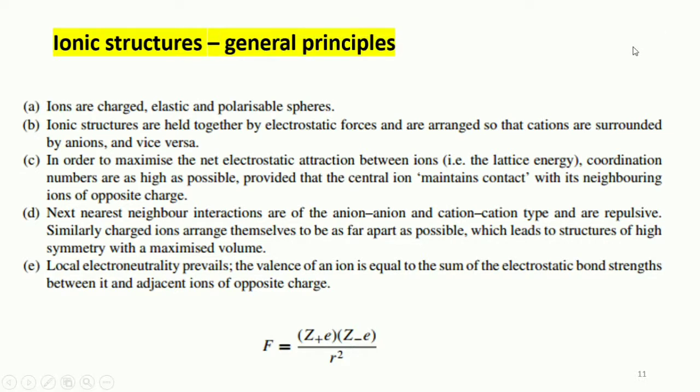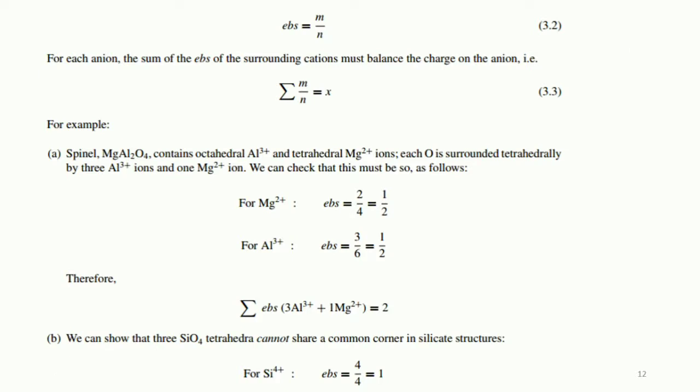For example, for a cation M+ surrounded by N anions, the electrostatic bond strength, EBS, of each bond is defined as EBS is equal to M over N. For each anion, the sum of EBS of surrounding cations must balance the charge on the anion, that is summation M over N is equal to X. For example, spinel magnesium aluminum oxide